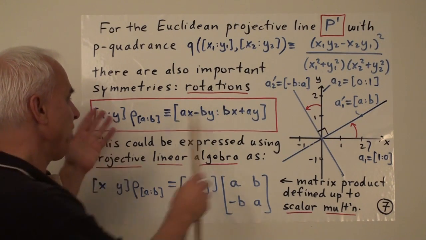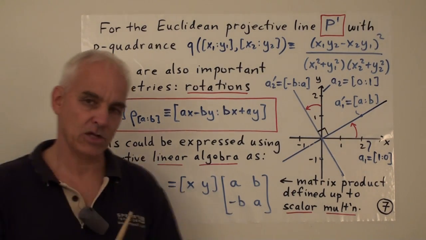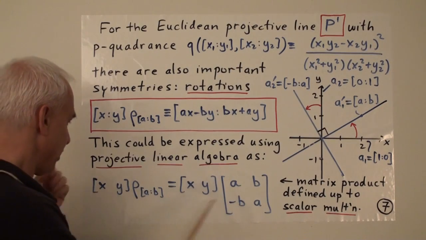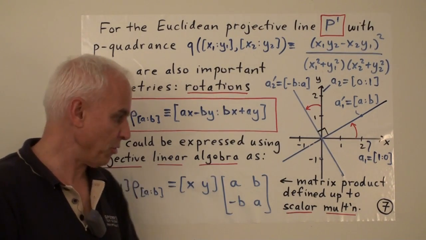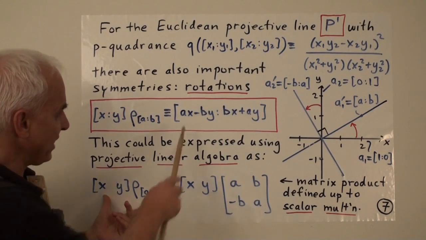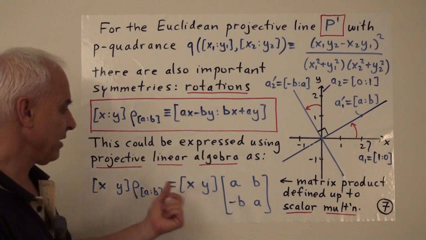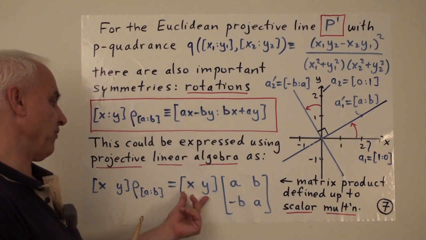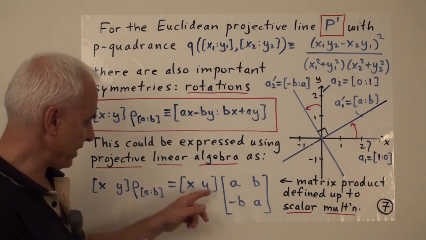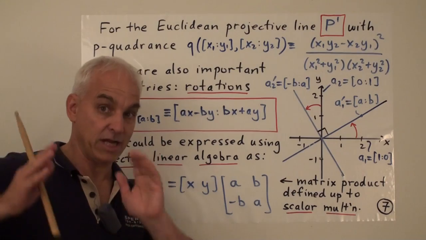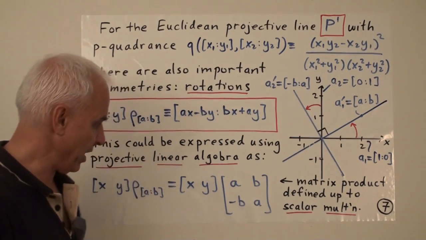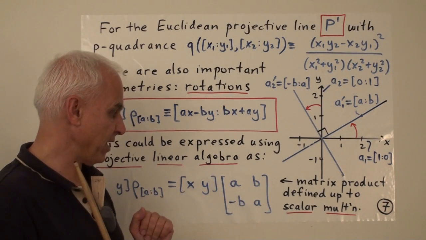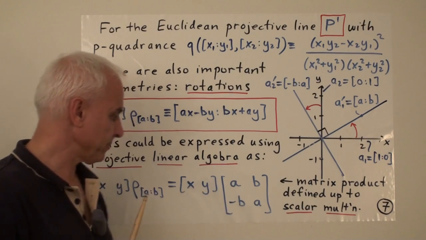Okay, so this could be written using a bit of projective linear algebra, which we haven't yet officially talked about, and we will, but just to connect for some of you who know a bit of linear algebra, here's another way of writing the same formula involving a little bit of matrix multiplication. So here's a vector xy, or actually we've made it a matrix. Actually the square brackets in this case, since there's no comma, represent a projective matrix. Maybe a slightly new idea. Similarly, this thing here is also a projective matrix. It means that it's supposed to be unchanged if we multiply by a scalar.